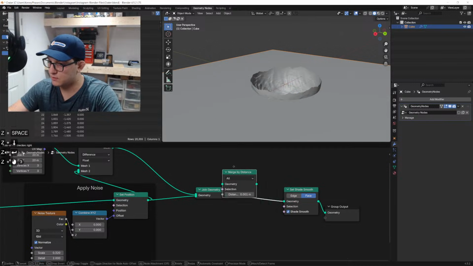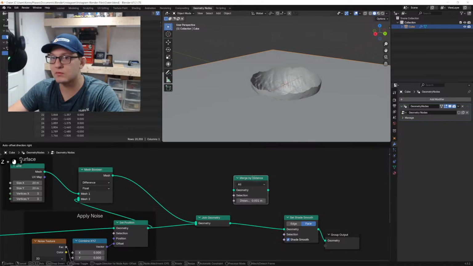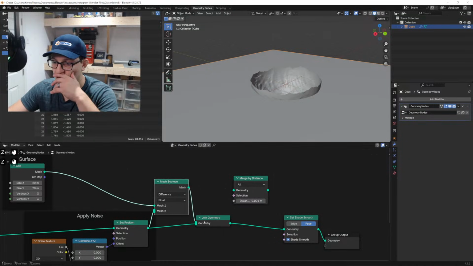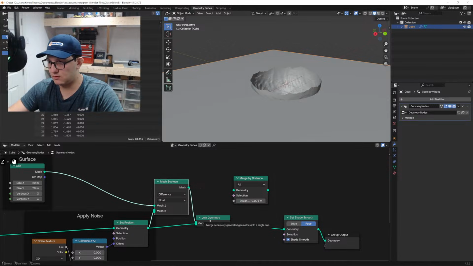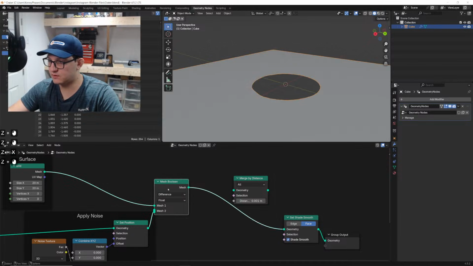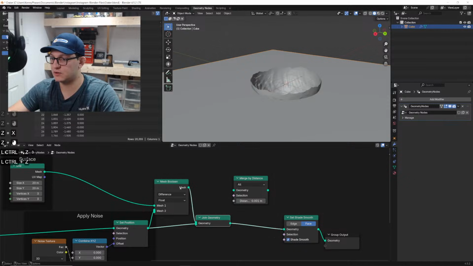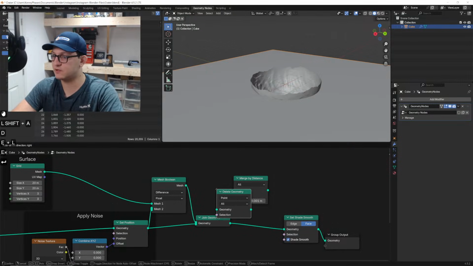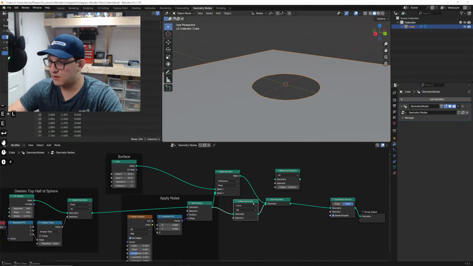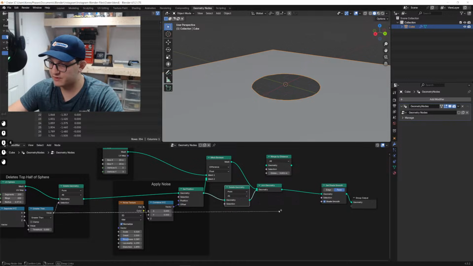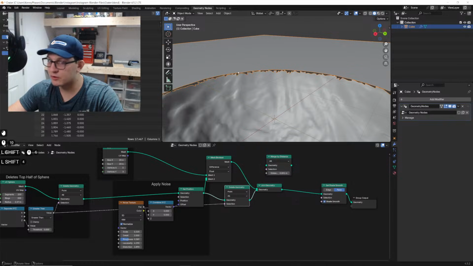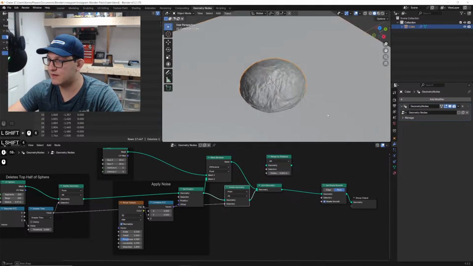Oops, I'm sorry. We could do, hold on, let me think about this first. This should not be here. It should be like this. Hold on, let me think. What did I do first? I did delete geometry here, and then we want to delete only the selection that's greater than a certain amount. Now what we need to do is merge the distance here, and that would give us